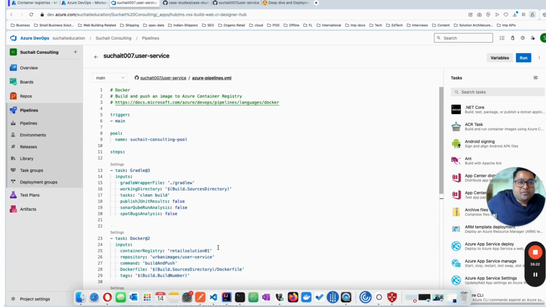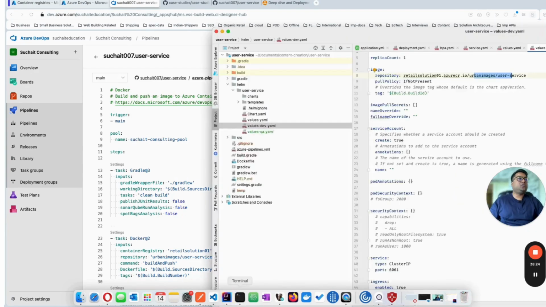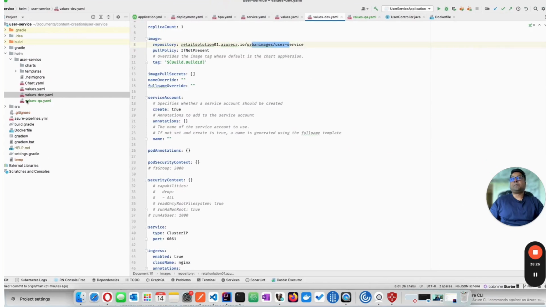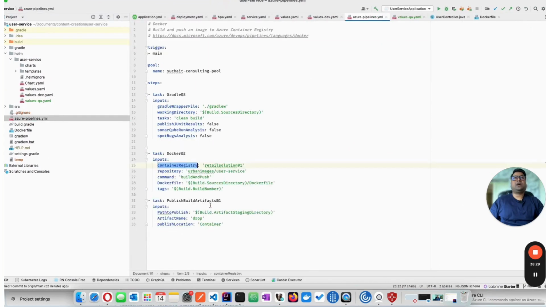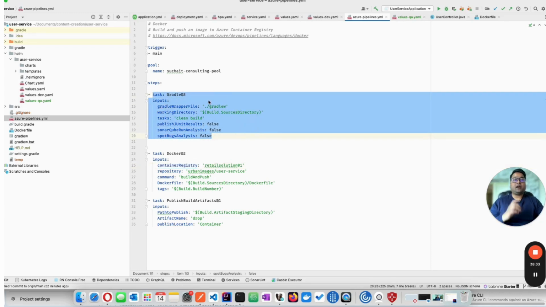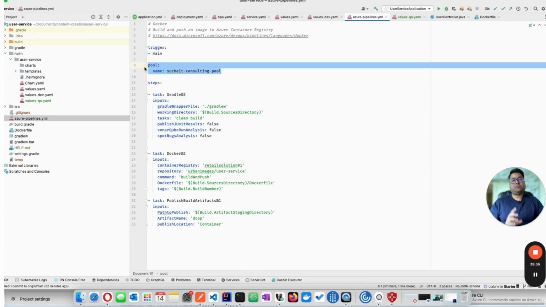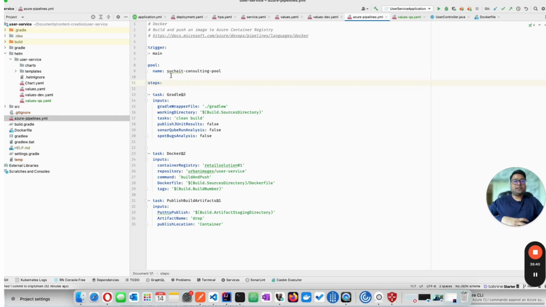So I will not read from here. I'll go to my IntelliJ and I'll show you. So this has my Azure-pipeline. So in my pipeline, what I'm doing is, first of all, I'm saying pool name, very important. What is this pool name? Understand. So in my last video, I explained to you that there are,